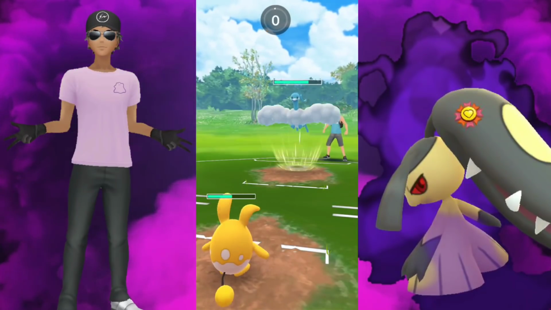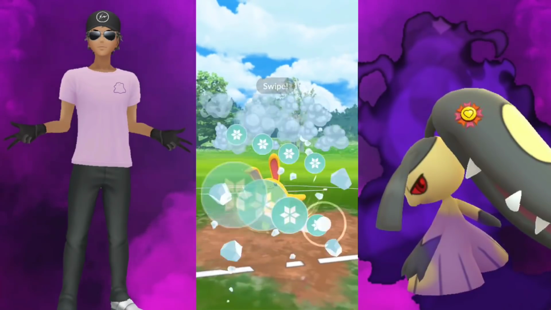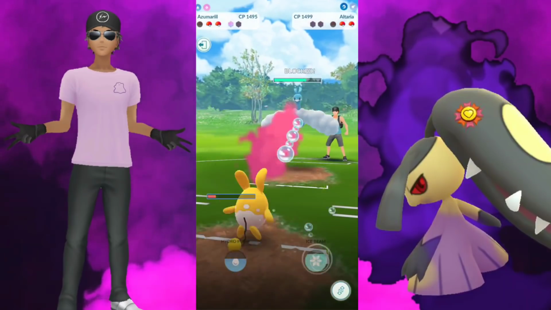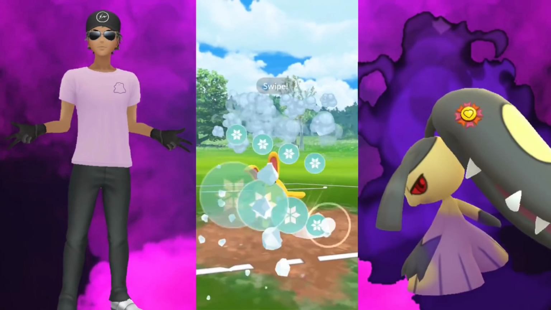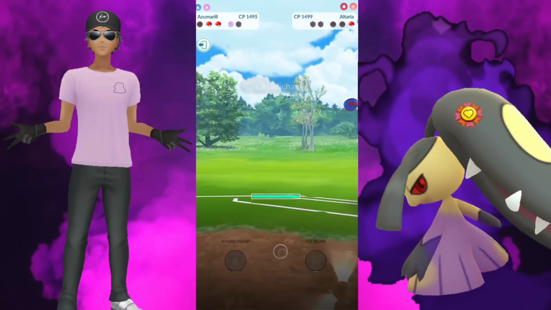Okay, we'll just go ahead and let this go through. We don't want to really use our shield quite yet. Building up to almost two Ice Beams, I do believe here. I think we just need one more bubble. Alright, yeah, able to get to the other Ice Beam. This should KO. Yeah. And they're bringing in...